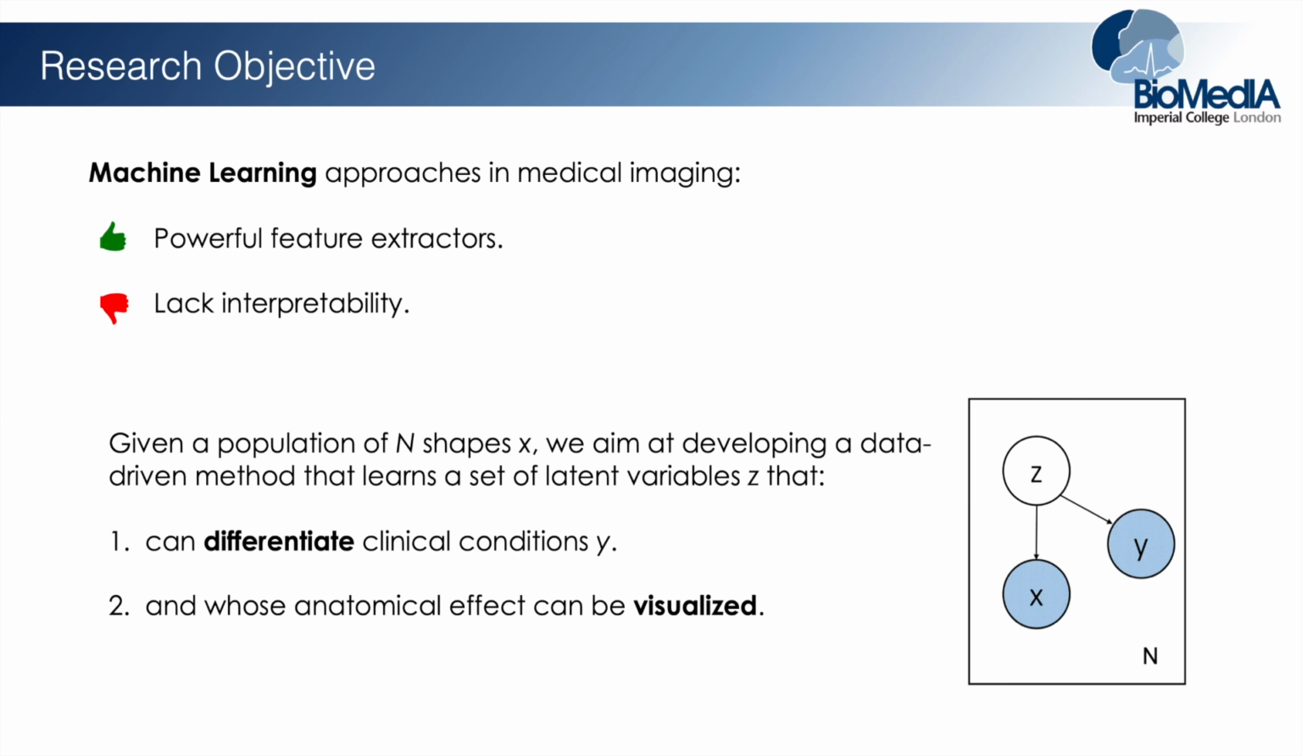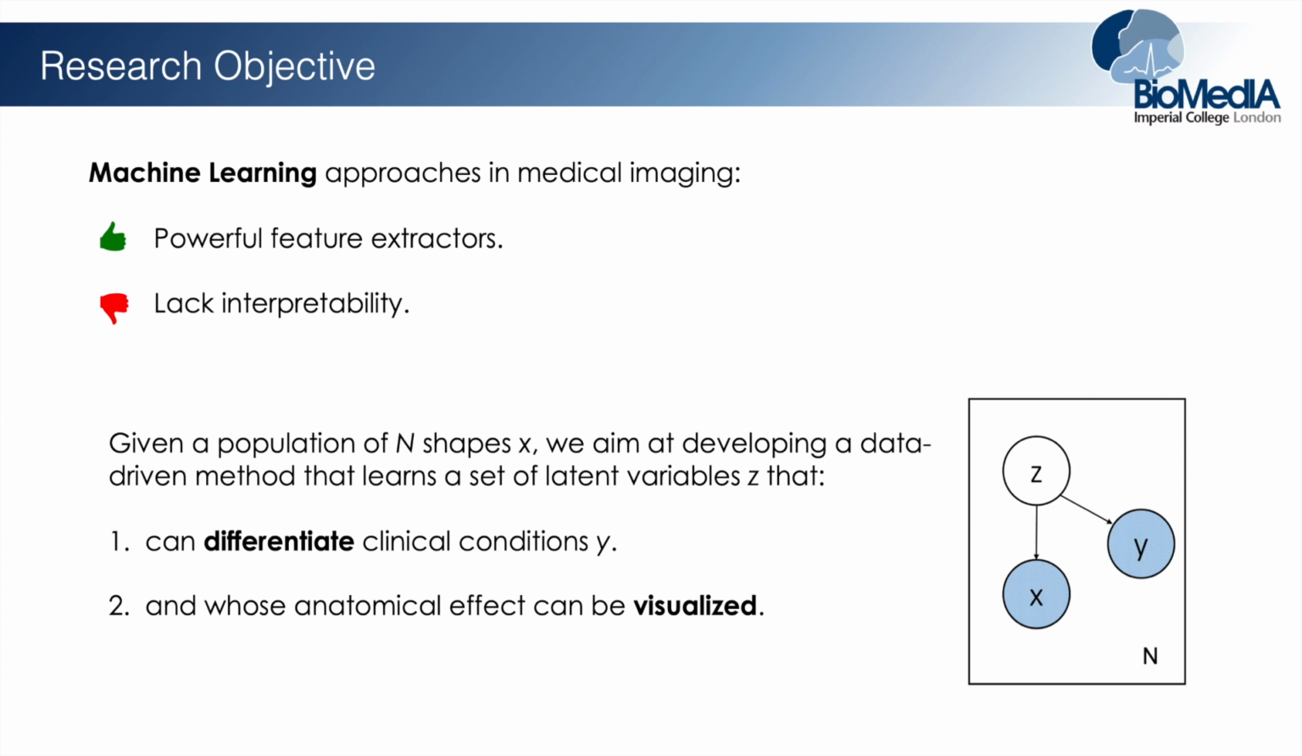to find a small set of latent variables, Z, that is able both to model the distribution of shapes X inside our data set, and plus is also able to perform a clinical task, for example, the differentiation of different conditions. And we want to put a strong constraint on this deep learning method that we want to develop. And the constraint is that we want to be able to visualize the features that are used in this classification,